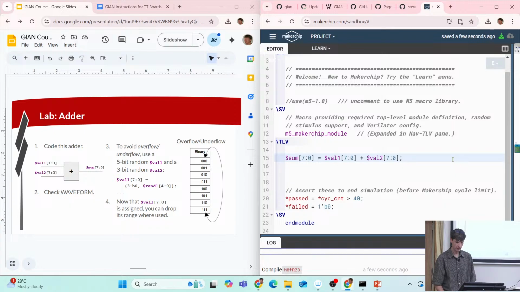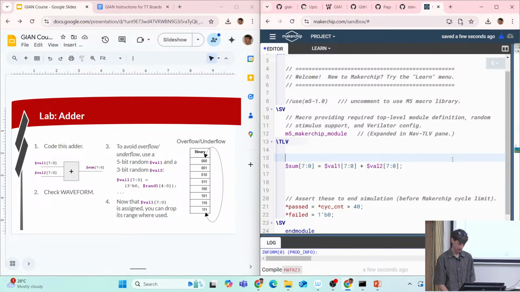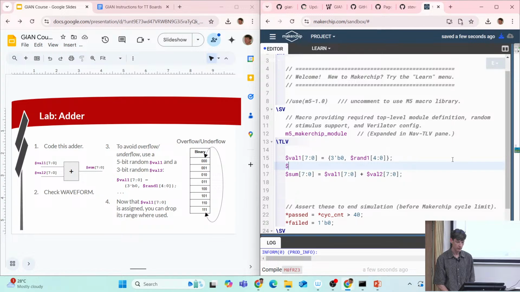I trust it's right. To avoid overflow, assign val1 as a byte. Retick E0. And similarly for val2,